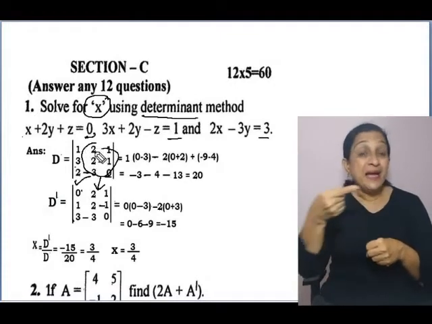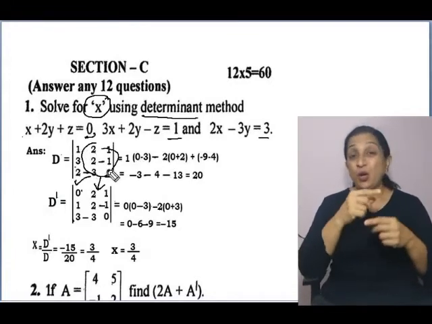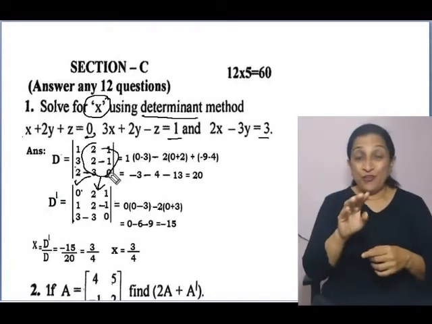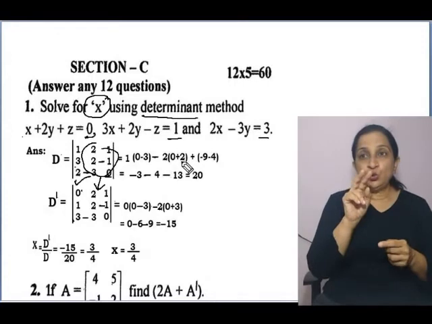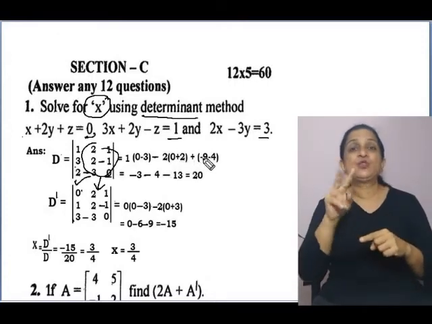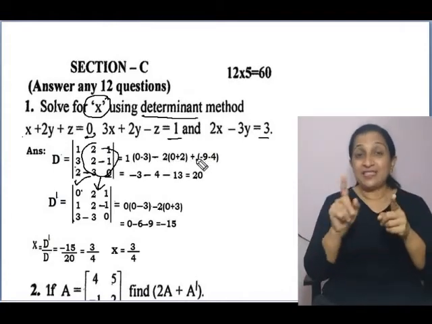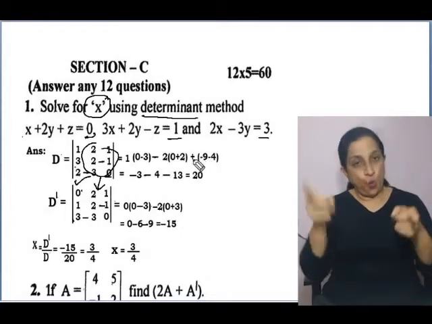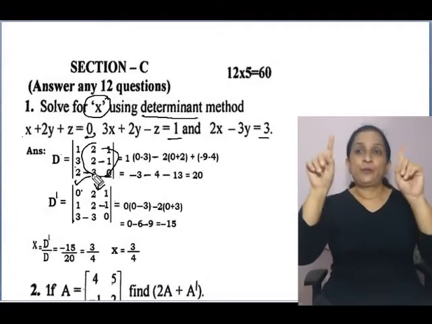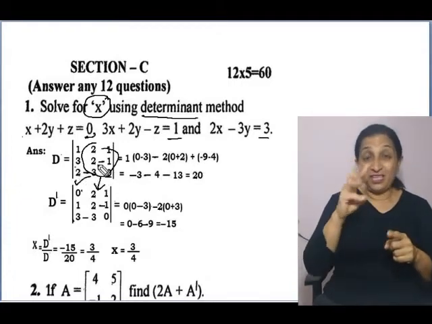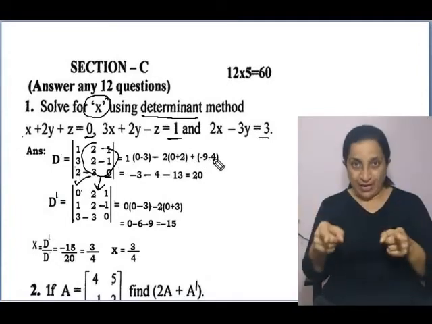You take this column, okay, then the value to be considered is 2. So this row and this column will be left out. What is left is these 4 elements here. So 0 into 3 is 0. 2 into minus 1 is minus 2. So minus 2 becomes plus 2. Okay. And the next one is 1 into 1, that is not to be put, it doesn't matter at all. Then this one and this one will be left out. 3 into minus 3 is minus 9, and 2 into 2 is plus 4. So it is minus 9 and then minus of plus 4 becomes minus 4.